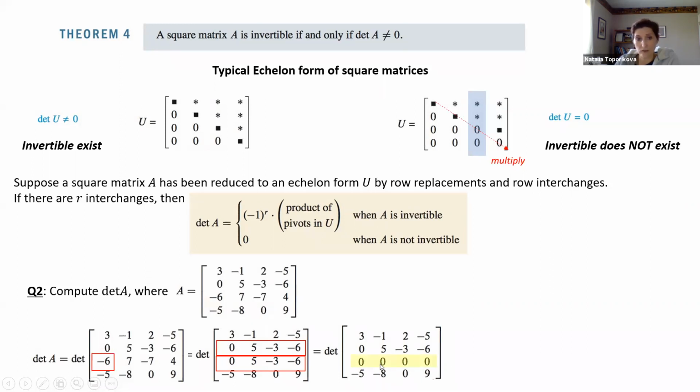And that's not good news, because if we have a row full of zeros, it means that at least one of the pivot columns is missing. So we are definitely going to the right-hand scenario. The inverse does not exist, and we will have at least one 0 in the diagonal elements. So our determinant is equal to 0. We don't need to carry out any calculations. That simple